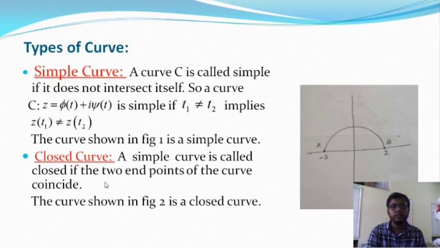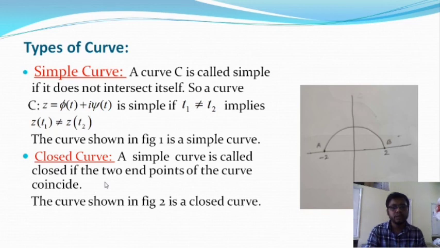Let x square plus y square is equal to a square. All of you know that this is a circle. So here the beginning and end points coincide. Next we are going to take one more curve, say y square is equal to 4ax. Here the beginning and end points do not coincide. So that means the parabola is not a closed curve. This is a simple curve.